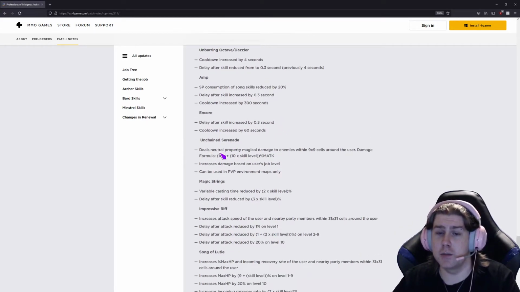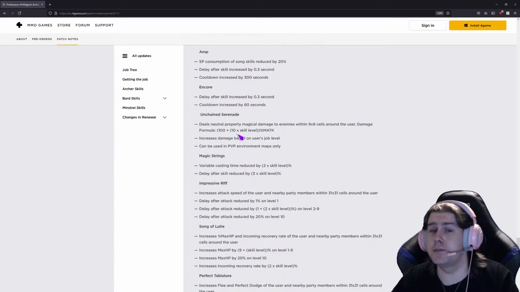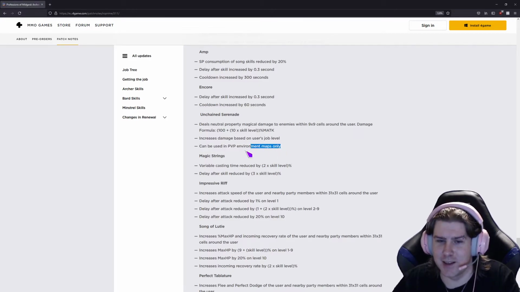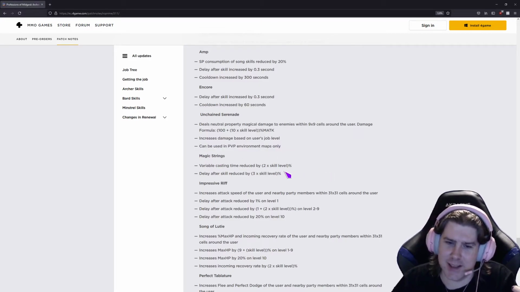Unchained Serenade. Now, as you can see, neutral problematic damage to enemies within 9x9 around the user. And this is magic attack, okay? Increases damage based on user's job level, can be used in PvP environments only. A little bit sad, but